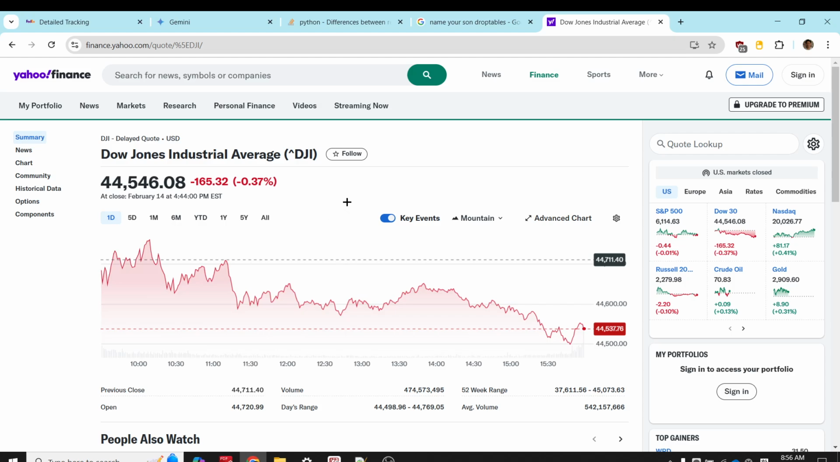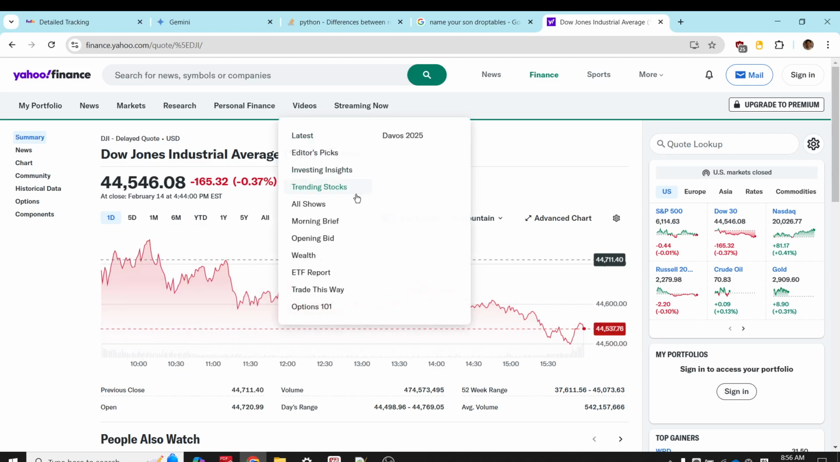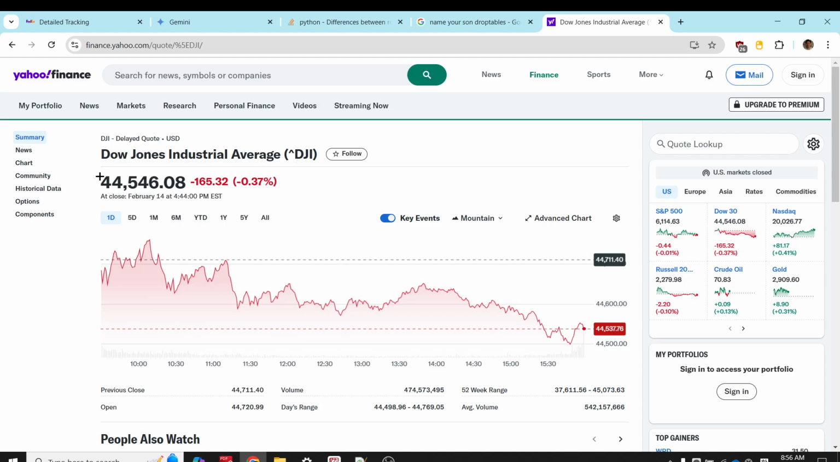Okay, but anyways, let's say we want to have our Python script go to this page and check for this number and store that in the database. So how do you do that? Well,